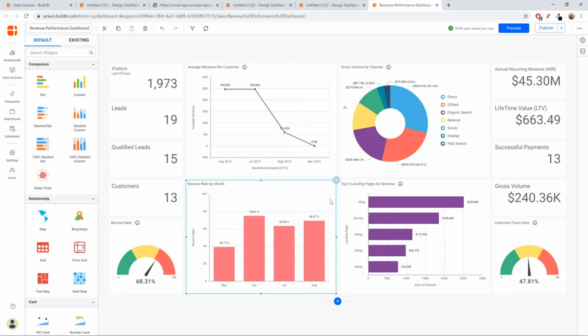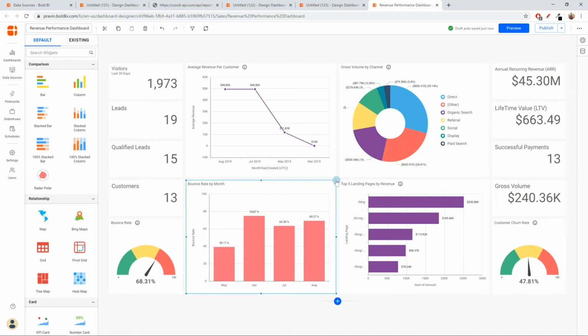Say, if I consider that the bounce rate is in a safe area, if the bounce rate is between 40 to 60, or 40 to 65 percent, I can show those bars here in the column chart alone in a different color.